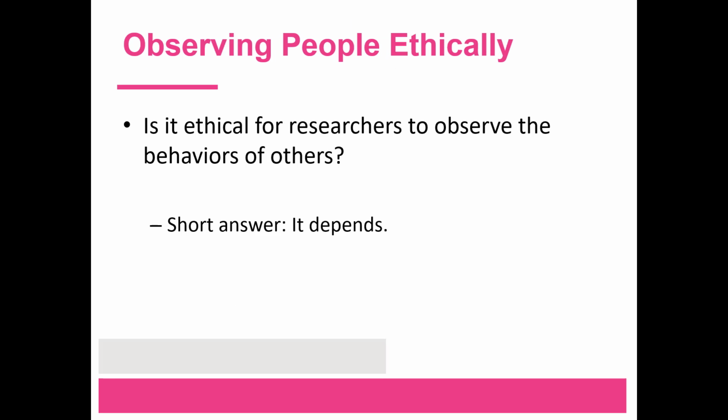Lastly, it's important to think about how we can perform observational research in an ethical manner. Whether or not it's ethical for researchers to observe the behavior of others depends on the situation. Most researchers think it's ethical to observe people's behavior in public places, such as at concerts, on campus, or at the bus stop. It's also important that scientists don't specifically identify the people they observe when they report their research findings. On the other hand, the use of one-way mirrors or hidden cameras might be considered ethical in some situations, but in order to observe people's private behaviors, researchers need to get permission in advance. So the short answer of if it's ethical to observe people's behaviors is, well, it depends.